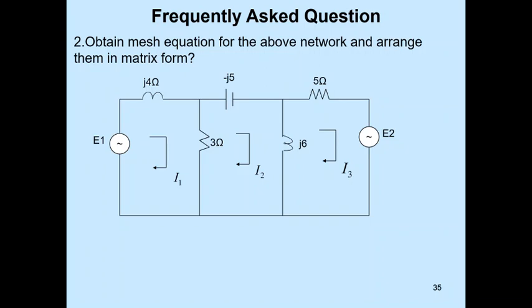These I1, I2, I3 are the mesh currents, and in 3 ohms there are I1 and I2, both currents are there and these are oppositely flowing, and in j6 it is I2 and I3 and these two currents are oppositely flowing. So the three mesh equations can be written and put into